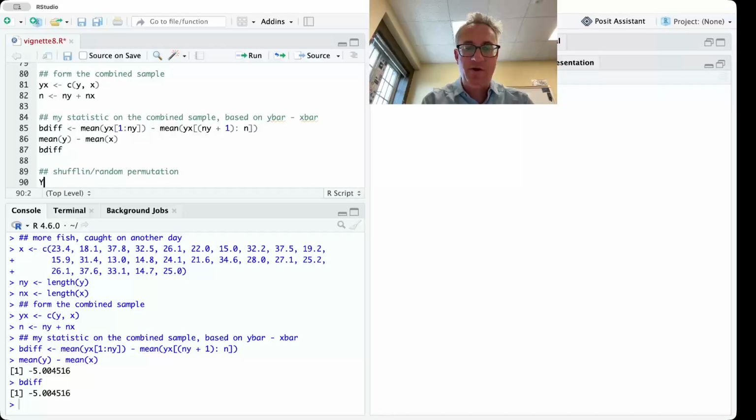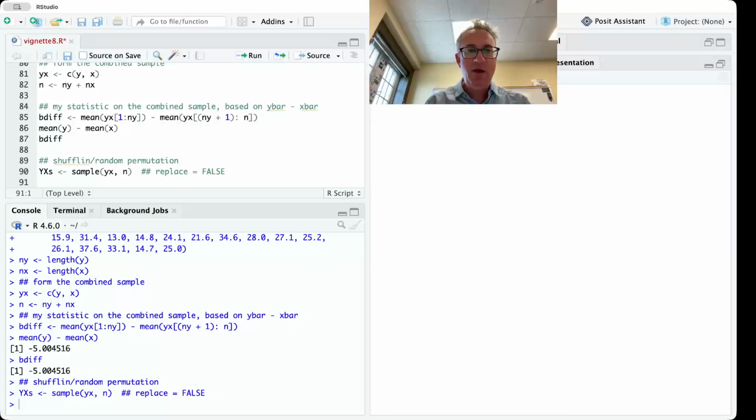So if I do a random permutation, I'll call that capital YXS, sample YX n. Notice how this is very similar to the bootstrap, but I'm not putting replace equals true. I have implicitly got replace equals false because that's the default argument. So I will not be replacing, so when I sample n from n things, I'm going to get a random permutation. And when I calculate the statistic on that,